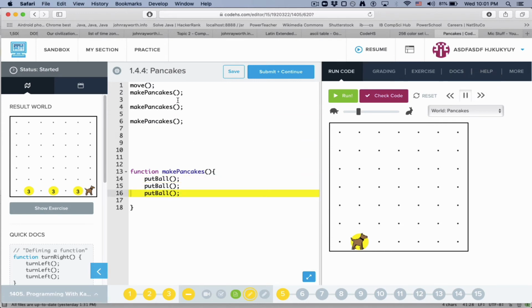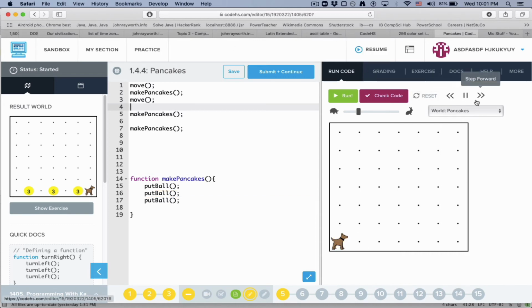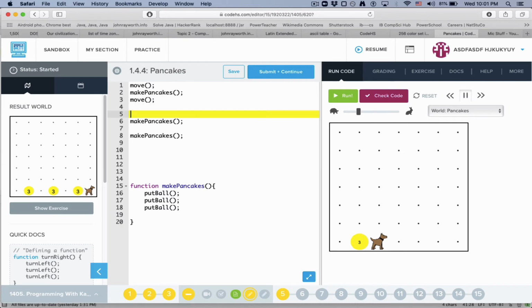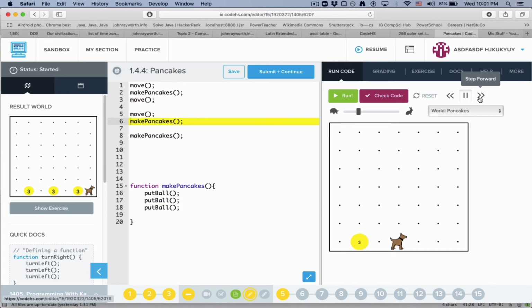I'm still in the same place, so let me just move them off. Let me reset. So you're going to move, make pancakes, move, and I guess you'd have to move again. So you're going to see as you start to do things mainly over here in the main part of the program that things are being repeated outside of the make pancakes. So you could probably move those things that are being repeated into the make pancakes. You see what I'm saying? So I want less here